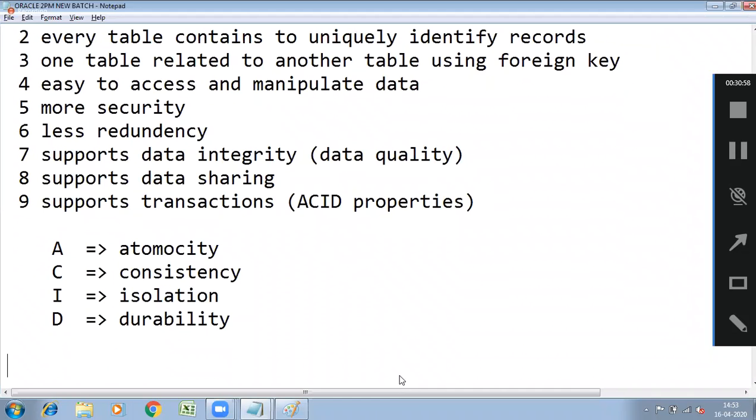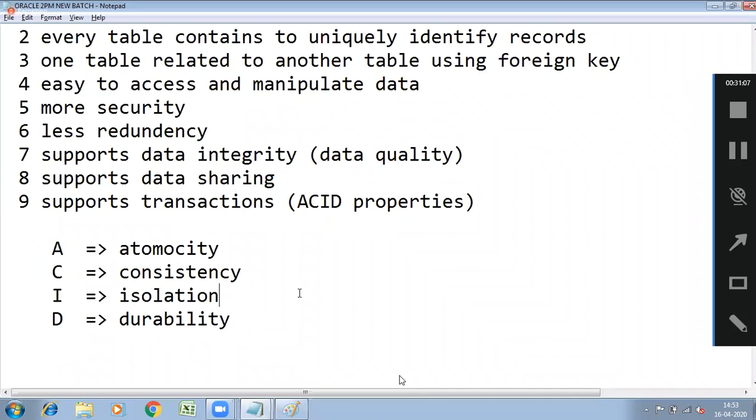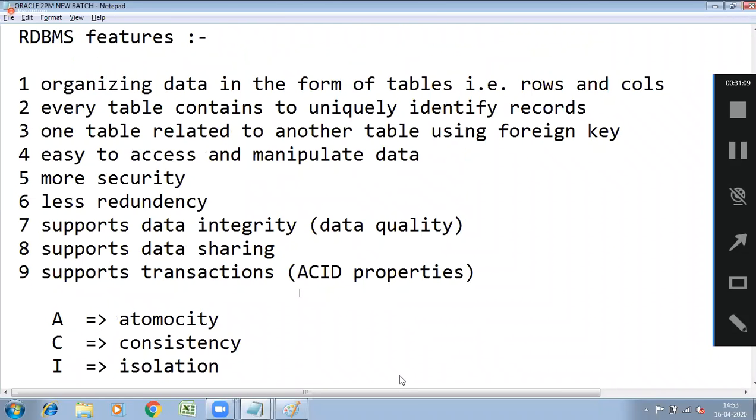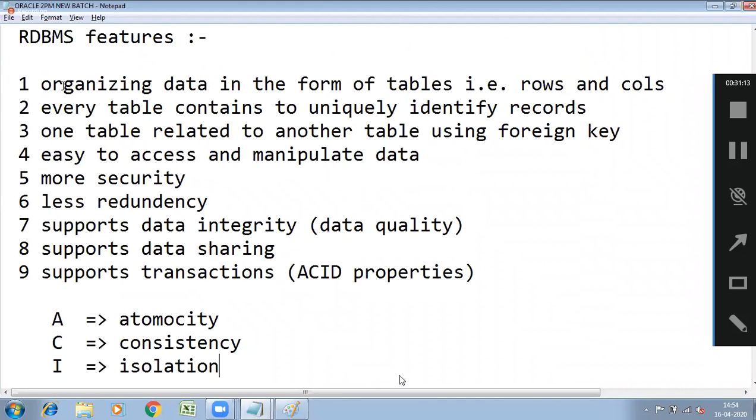We'll discuss this later, when we get to the topic called database transactions. This is not the right time to discuss the ACID properties. Did you get it? So these are the features.